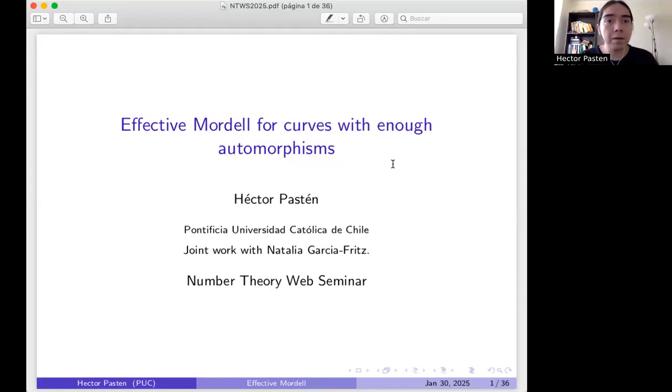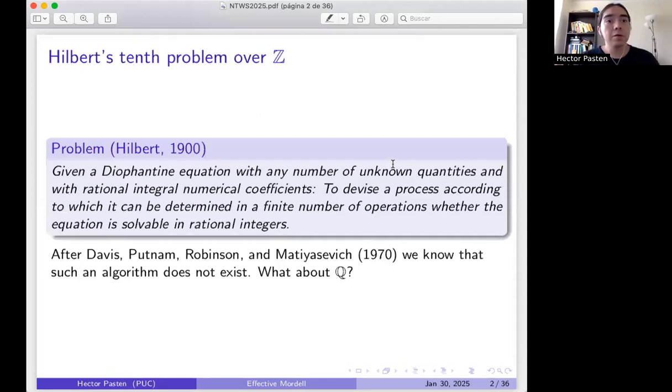Okay, good. So first of all, here was a problem in the classical setting, and the question was to come up with an algorithm that takes as input Diophantine equations, and the output is yes or no. Does it have a solution or not? And as we know, this was solved negatively, so such an algorithm actually does not exist. This is after the work of Martin Davis, Hilary Putnam, Julia Robinson, and Yuri Matiyasevich. Matiyasevich's last contribution to the problem was in 1970, and that finally solved the issue.